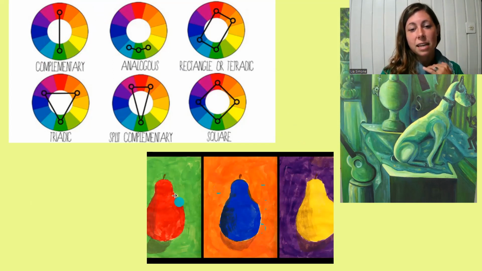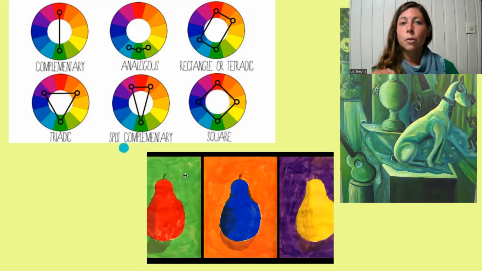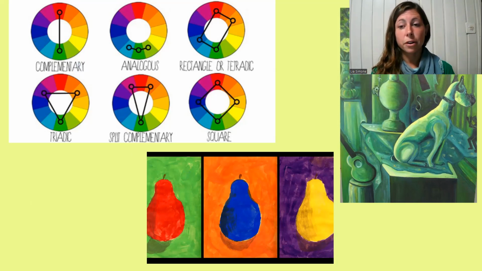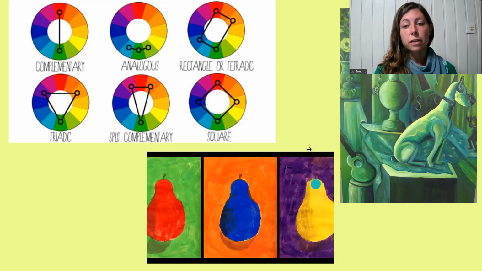You can see, for example, red and green are exact opposites on the color wheel. So when you put them together in an art form, or really any setting, in your clothing, in your household, they are contrasting colors. They really pop out and stand out next to each other. The same with orange and blue, purple and yellow. They have a very strong, striking appearance.